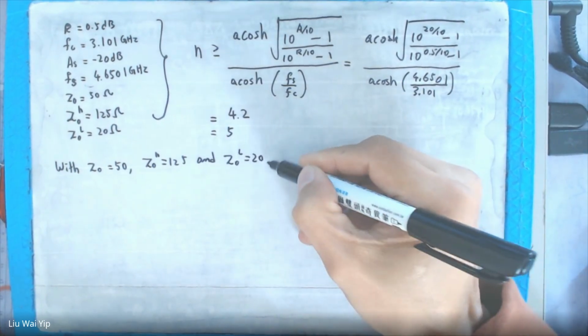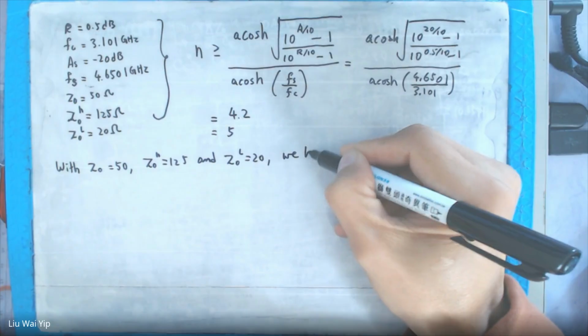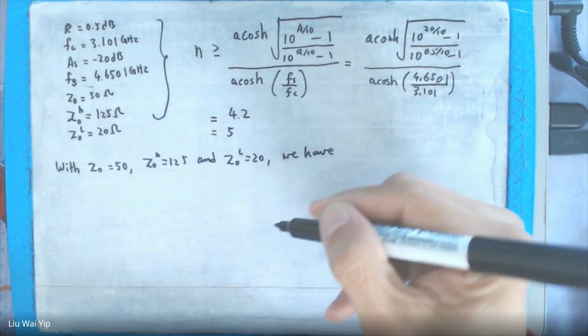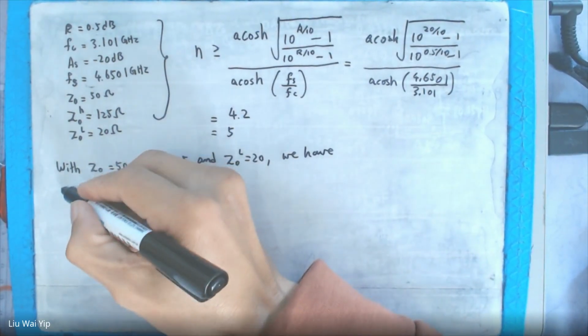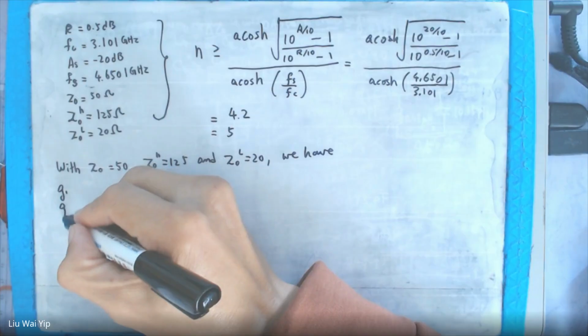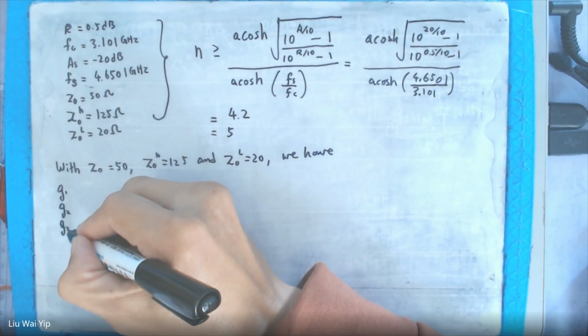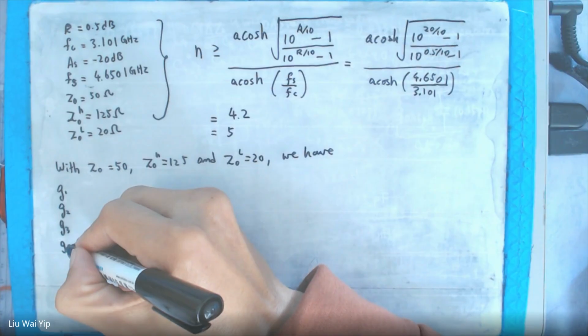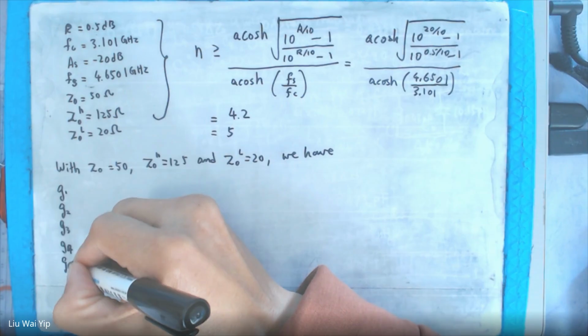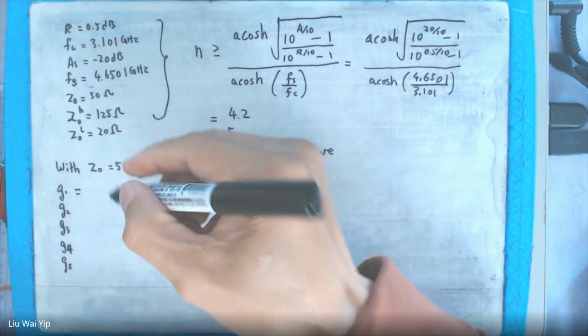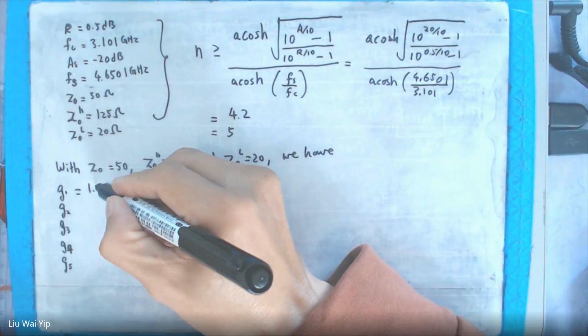Then we can get, now the next thing is to find out the prototype values. g1, g2, g3, g4, g5. So according to the prototype table, you are given